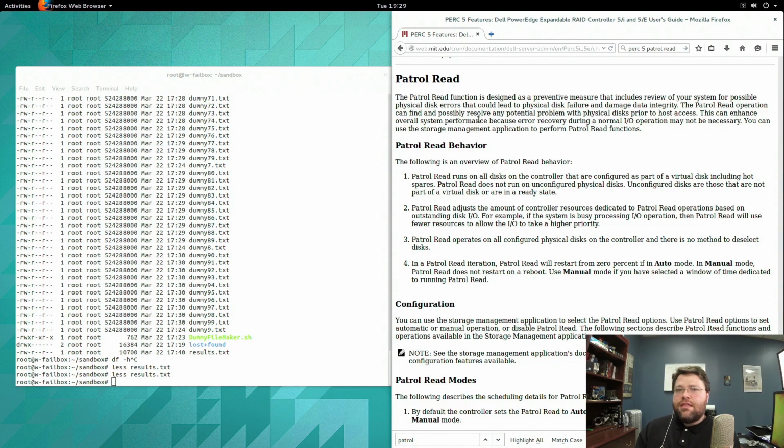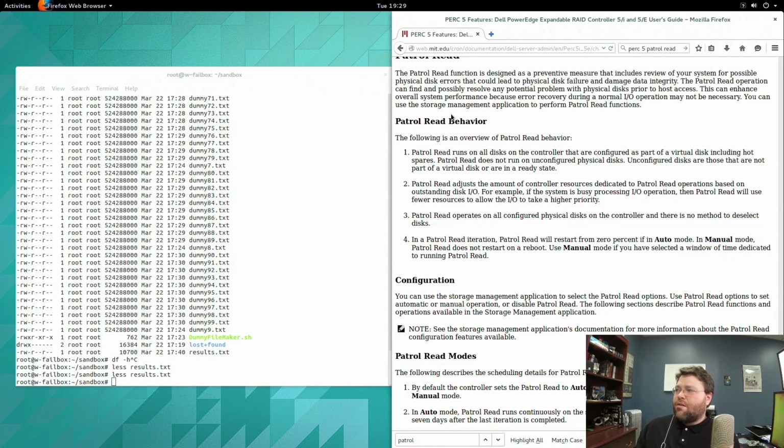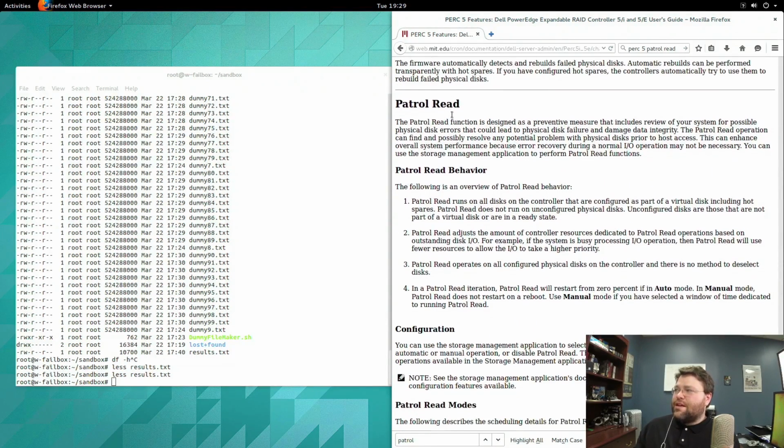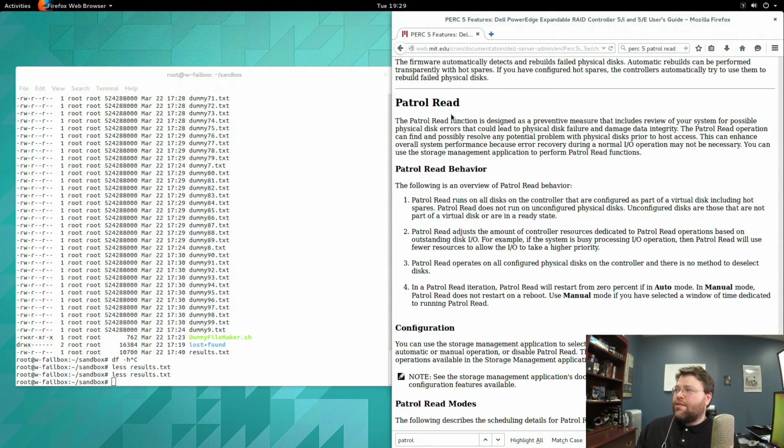Because it's not doing anything special with the data, how does it know which data is correct and which data isn't? Well, it doesn't, and that's the answer, and that's why you've got to understand that patrol reads don't really help you. We can look at the definition for patrol read in this particular case for the PERC RAID 5, which is designed as a preventative measure